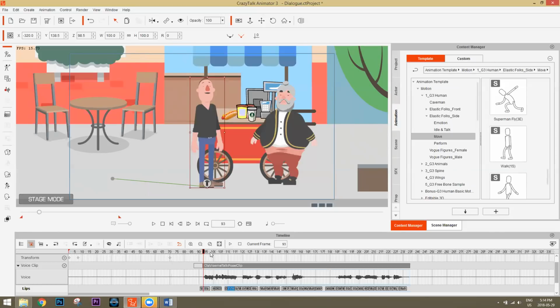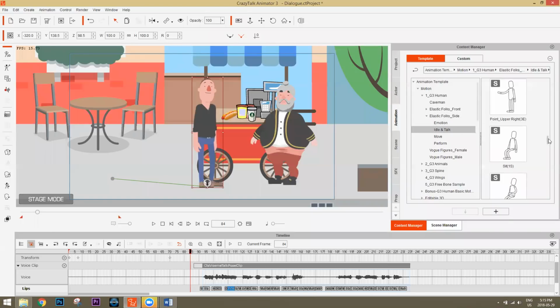So we don't want him to just be standing there motionless like a robot. We want to give him some sort of motion. Now, I'll talk about a couple of different ways to do this throughout this webinar, but the easiest way to do it, obviously, is just to go and add an idle motion to your character or a talking motion. Okay, so with our character selected, we're actually going to just basically, right after he stops walking there, go to the same animation folder here, Elastic Float Side. And now I'm going to go to idle and talk, okay? And we can have him do, I don't know, there's like pose, stand, there's a talking one, but we're going to say the talking one for the next one here.